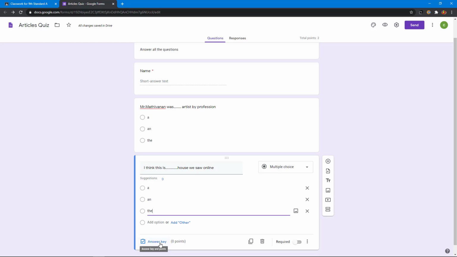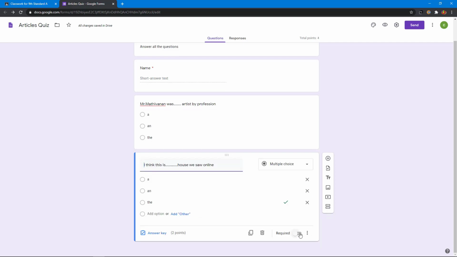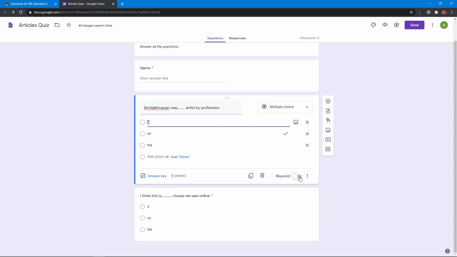Again I click on the answer key. I select the answer and give the points and click done and I turn on required. Also in the first question I turn on the required option. Now I created only 2 questions. In the top you can see only 4 points is appear and I click responses tab